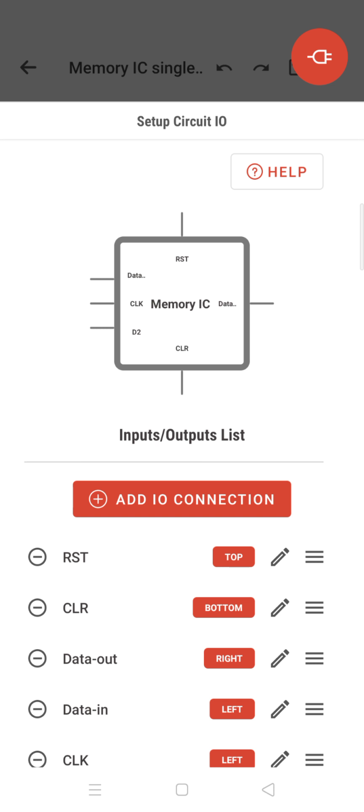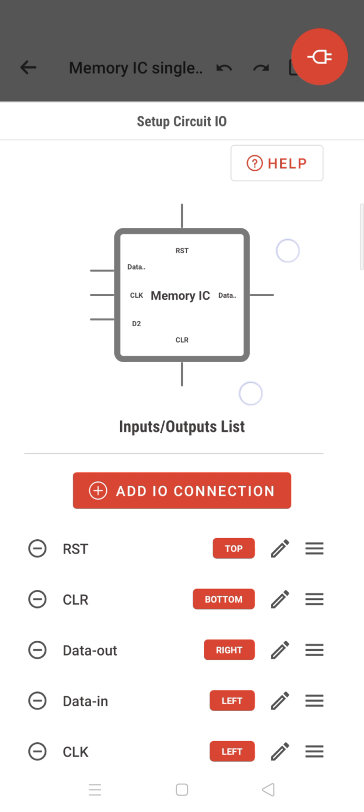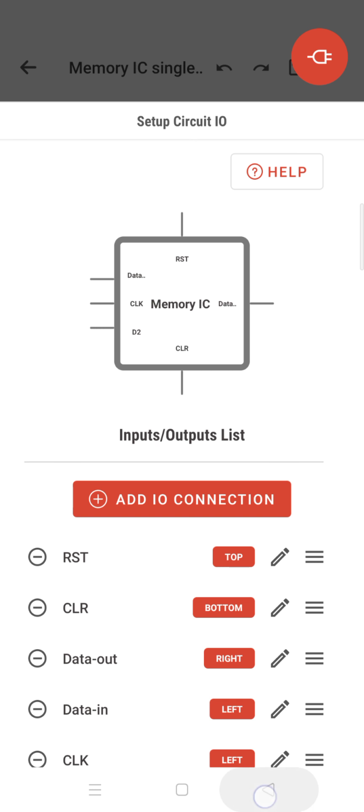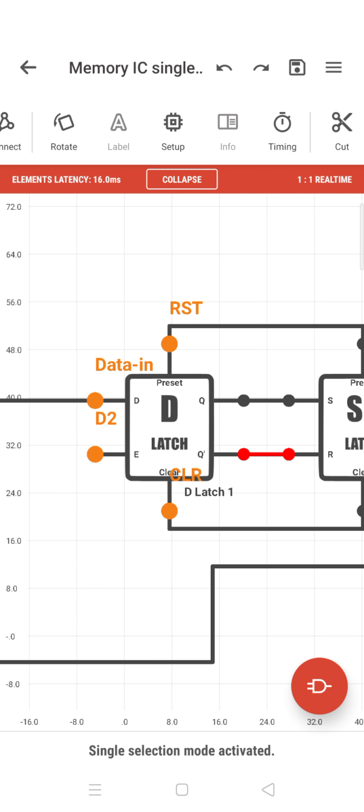which has got a reset, a clock, a data out, data in, clock, and a D2 element. What the D2 element is and other things, you can go back and see. Now this is what a D2 element looks like. The first one is data in, this is the D2, this is the reset, and this is the clock. Clear or reset. Then data in, and this is data out.